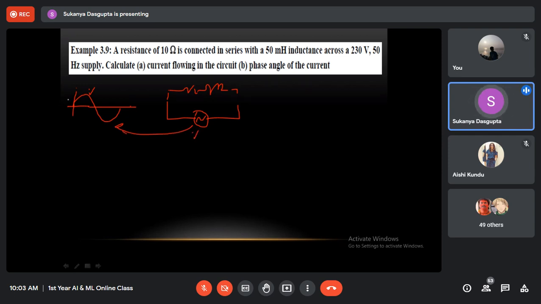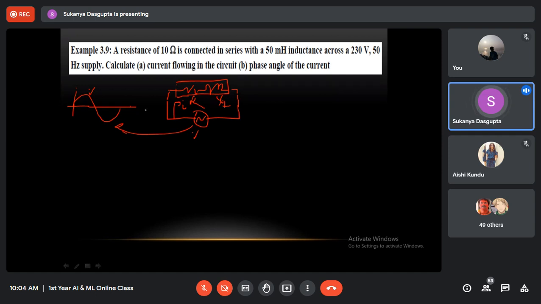So whenever this type of supply voltage is connected across any coil, what will happen? An alternating current will start flowing through this circuit. That current is I, and we are going to calculate this current flowing through this circuit and also the phase angle. Now this is a totally real inductive circuit. As you can see, this part is the real inductive circuit, having the inductive reactance XL in series with the resistance R. So whenever this circuit is connected across an alternating voltage, what will happen?